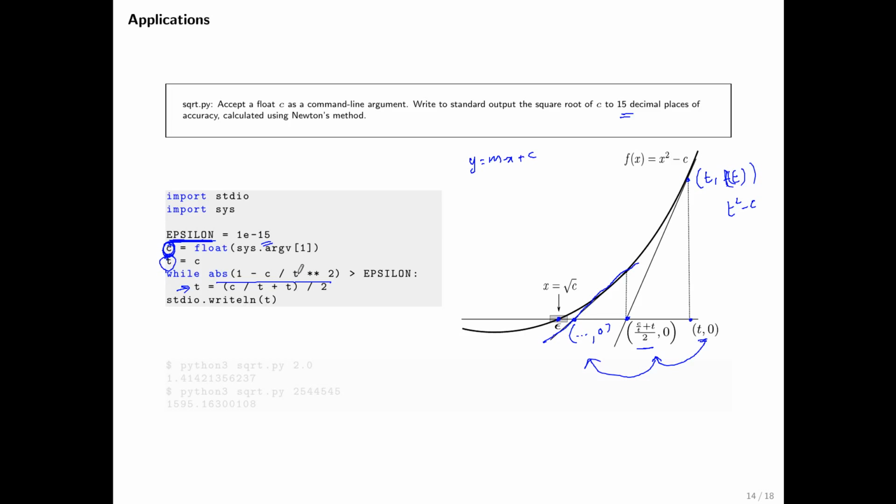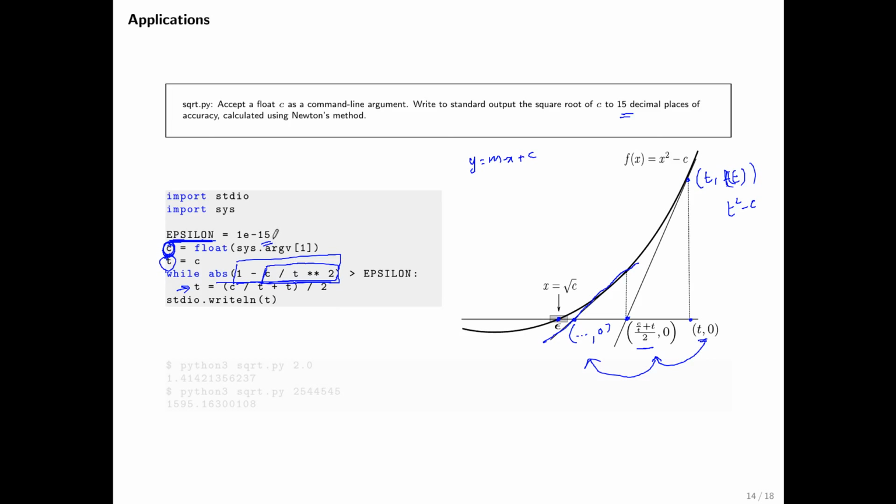Okay, and we can check that when t is precisely the square root of c, or very close to the square root of c, then what is t squared? Well, it's going to be very close to c or identically c. But so in that case, what is this quantity here? Well, it's extremely close to 1. In which case, what is this quantity here? It is extremely close to 0,